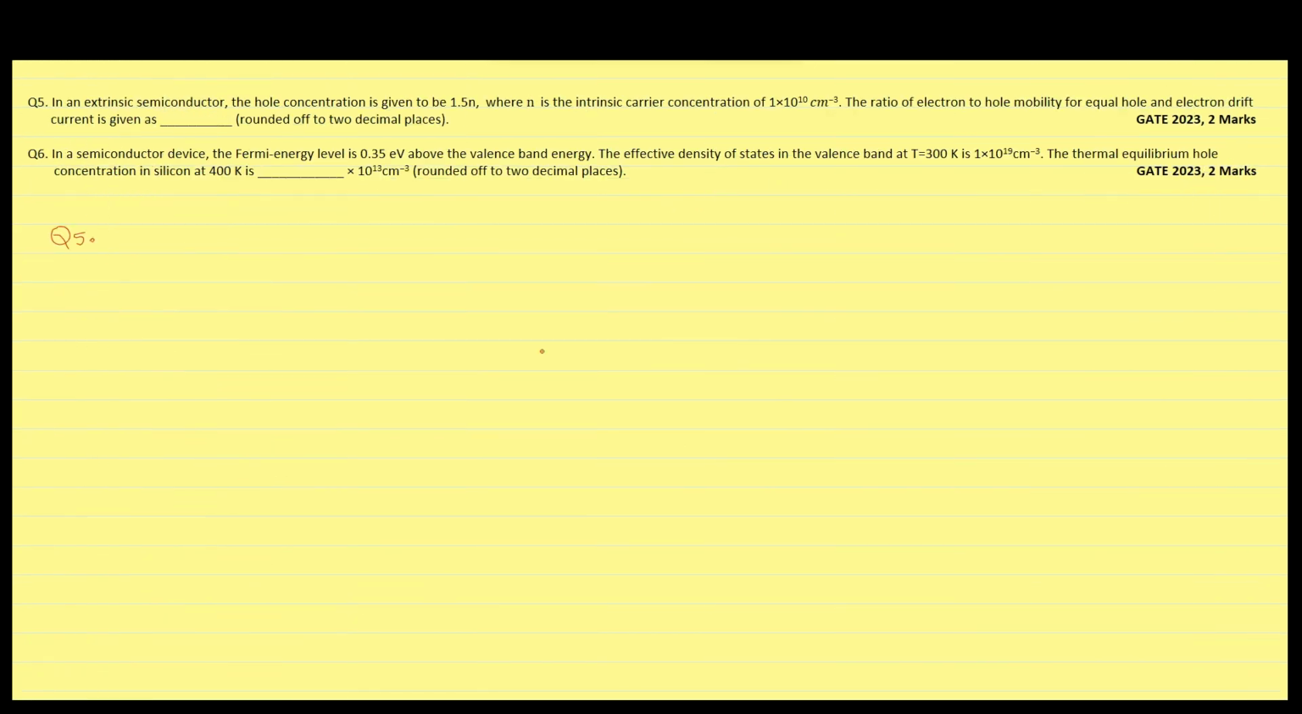For the fifth question, we have hole concentration to be equal to 1.5 N. By mass action law, we can write electron concentration to be equal to square of intrinsic carrier concentration divided by hole concentration, which will give the electron concentration to be equal to intrinsic carrier concentration N divided by 1.5. Now we are supposed to find the ratio of electron to hole mobility for equal hole and electron drift current. If electron drift current is equal to hole drift current, then